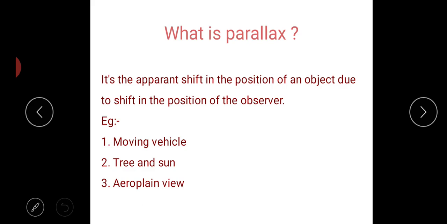Once you all start moving in the vehicle, you all can see that the trees which are present move, wherein you as an observer are moving and not the tree. So the apparent shift, that is the shift in the image of the object, is called as parallax. So this tree which is nearby to your vision moves at a faster rate, but the mountains which are far away from the observation move at a slower rate. So this is called as parallax. So with another example, we'll try to understand this definition.